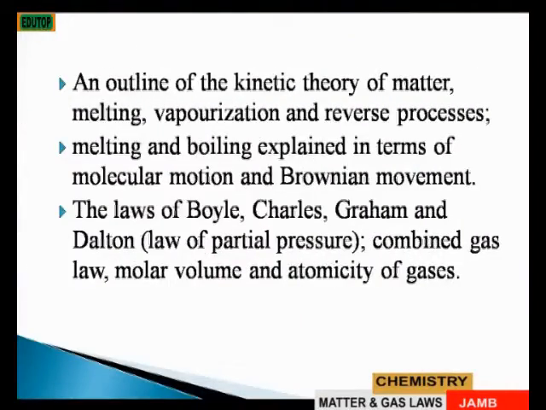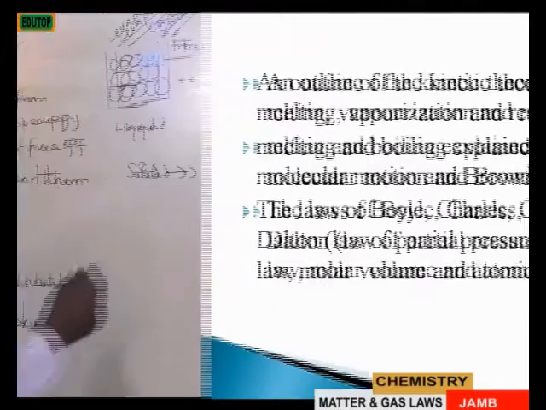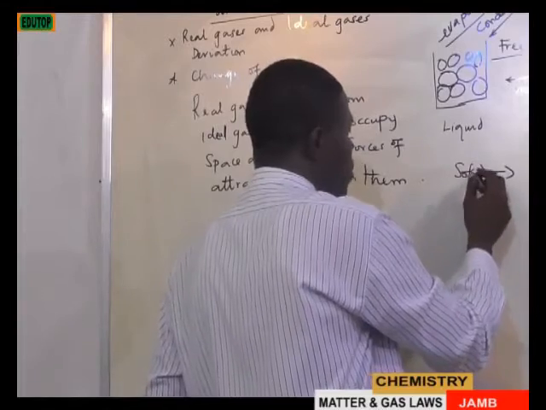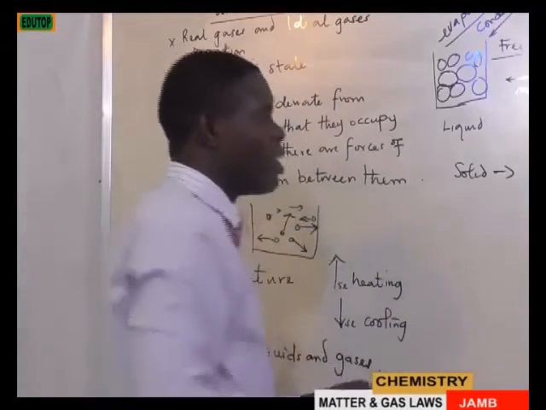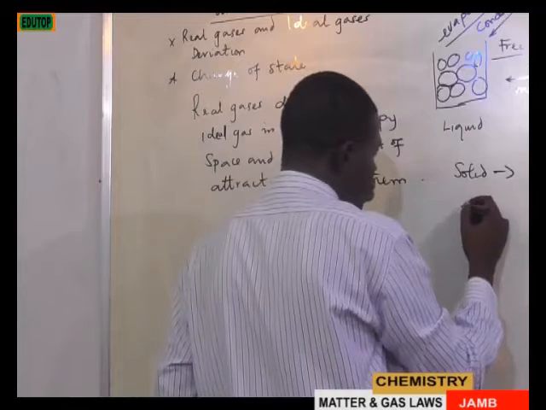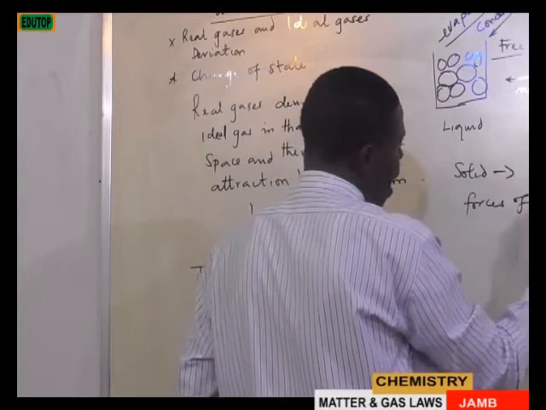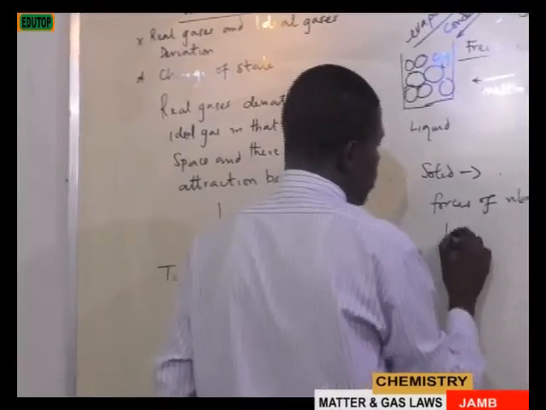Then also an outline of the kinetic theory of matter: melting, vaporization, and reverse processes. Melting and boiling explained in terms of molecular motion and Brownian movement. Yes, boiling and melting. In the case of melting, it is attained when a solid is heated. The particles acquire kinetic energy, and as the particles acquire kinetic energy, there is an establishment between the forces of vibration and the what? Binding